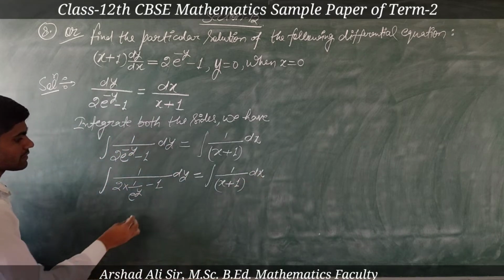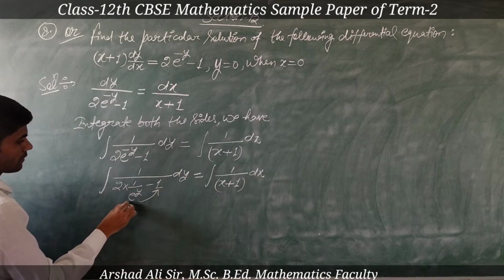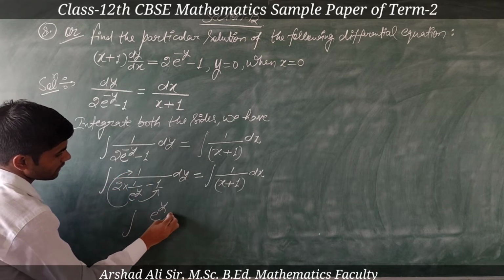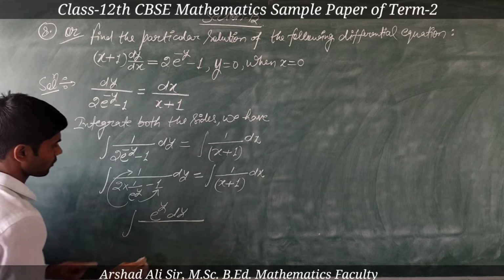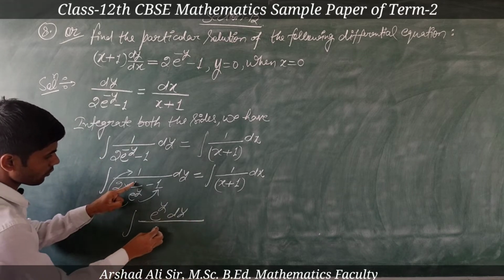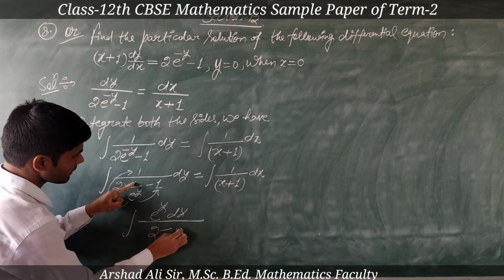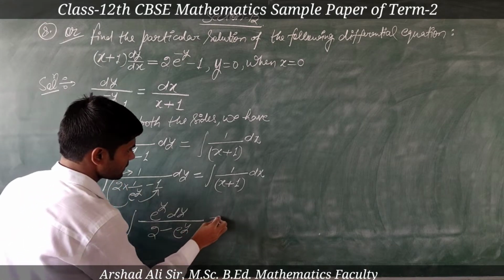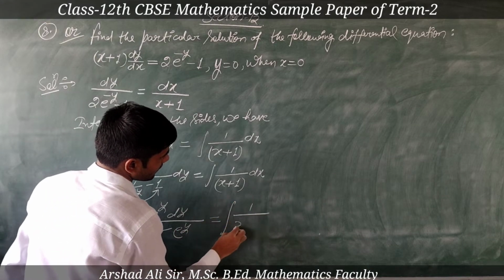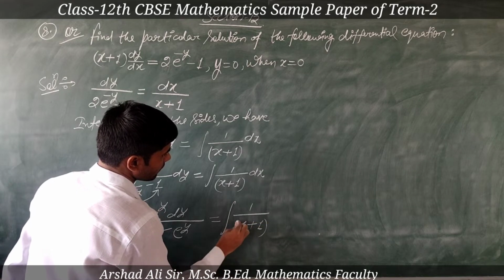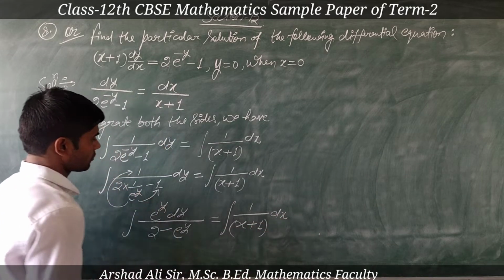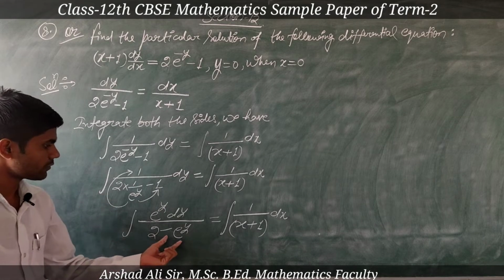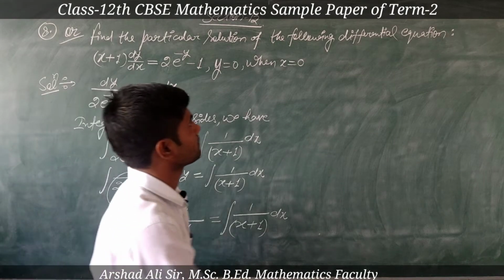Now we can take the LCM. So it will be e to the power y dy upon 2 minus e to the power y, e to the power 1 upon e to the power y is equal to 1 upon x plus 1 dx. So dear student, you can see clearly, if we put 2 minus e to the power y is equal to t,